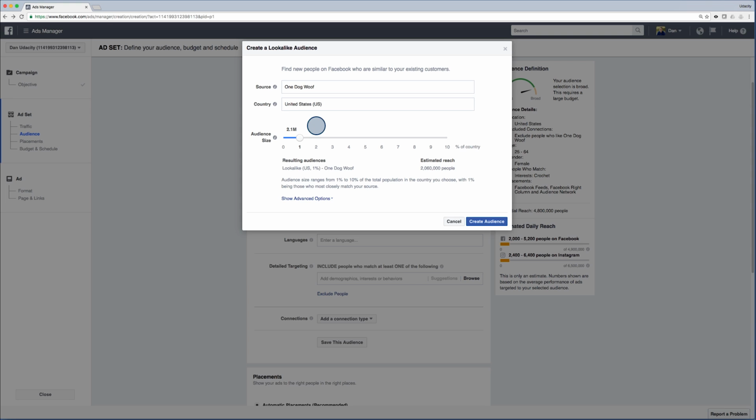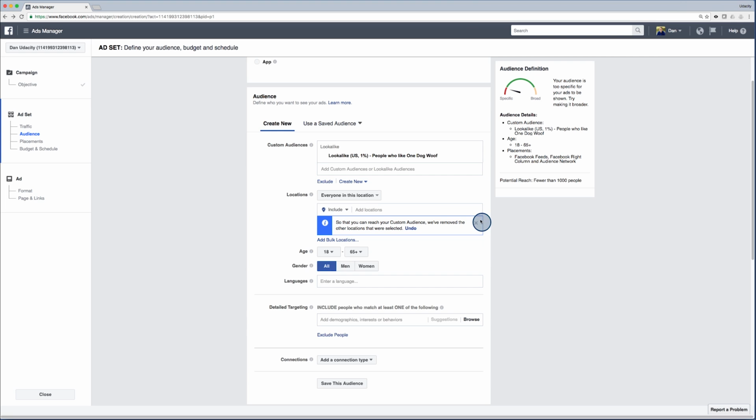And since our budget is pretty small, we don't need a reach that's higher than 2 million people. So I'll leave it at 1% and just click on Create Audience here. And that's it. I have a lookalike audience, US 1%, people who like OneDogWoof, and we can use this for